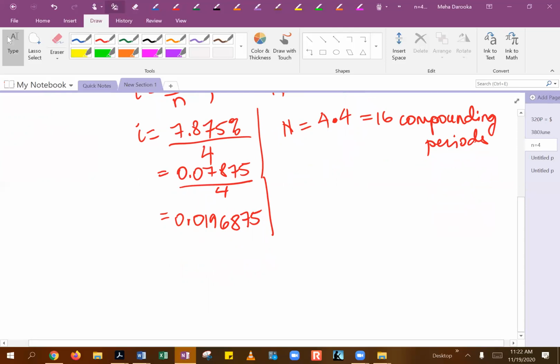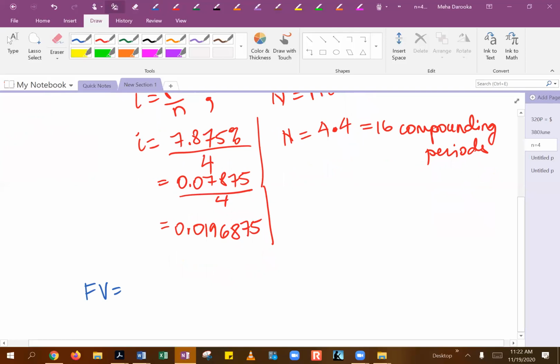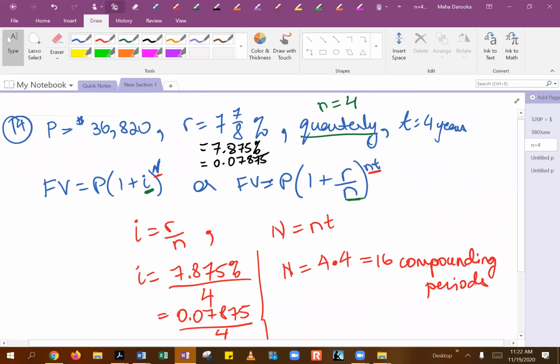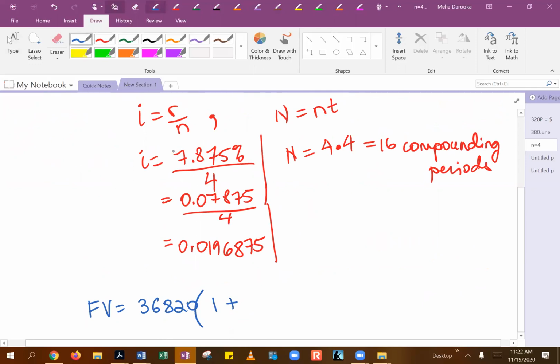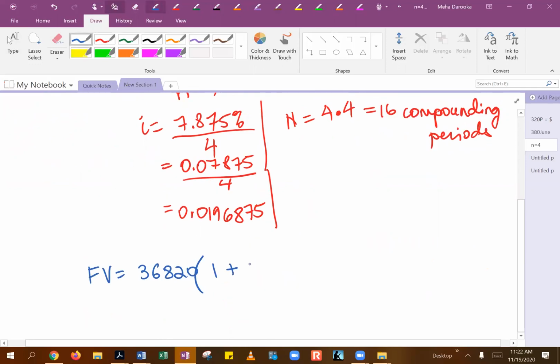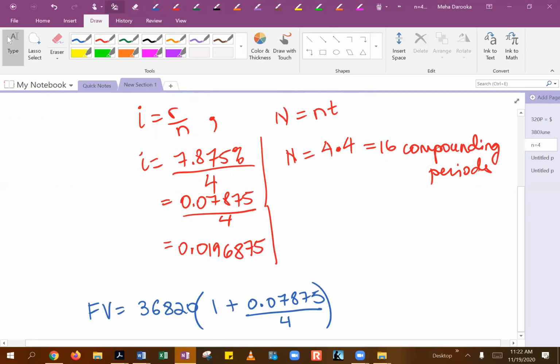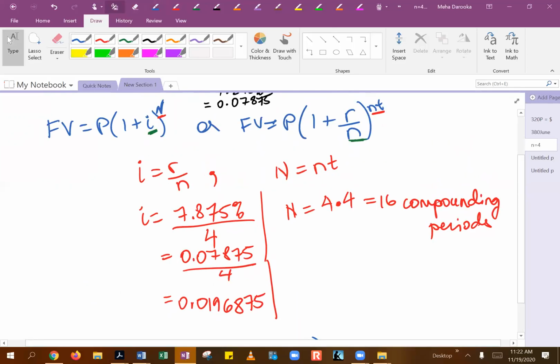But the way I would write this out is I would say, okay, I want to calculate my future value. My principal amount here is 36,820. And then we are going to be adding 1 plus, for this i, I would probably just leave it as a fraction of 0.07875 divided by 4. And then for your exponent, you can either use the 16 compounding periods like we calculated